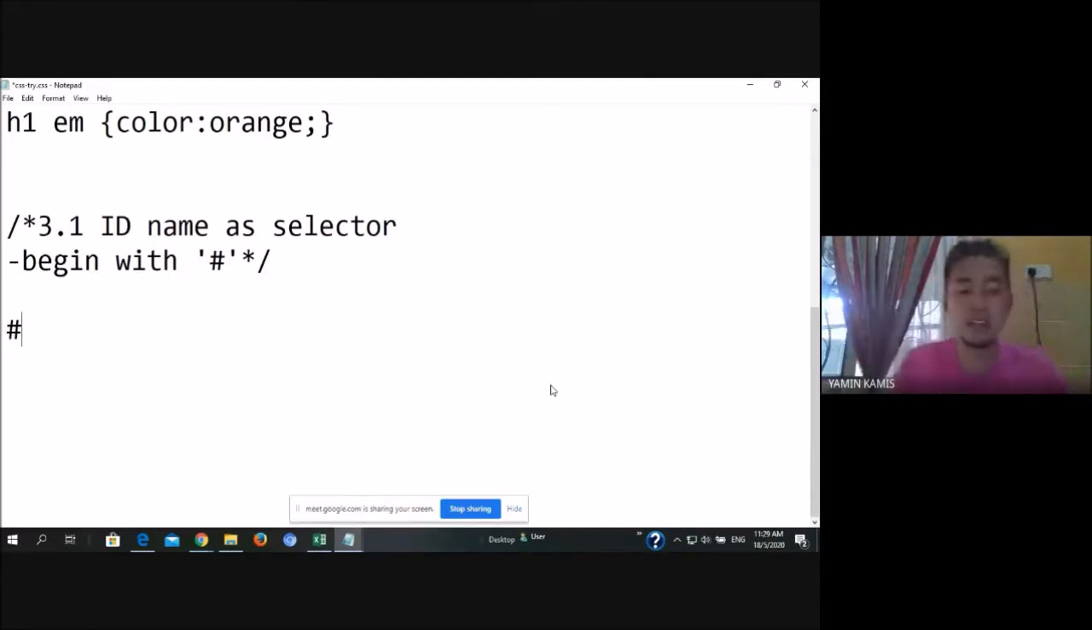Katakanlah in my case tadi, the ID name yang saya create tadi ialah ID dash para 01. Para means paragraph. Okay, ID para 01. And then you can type whatever style that you want. Guys, in this case, I'm only showing you,